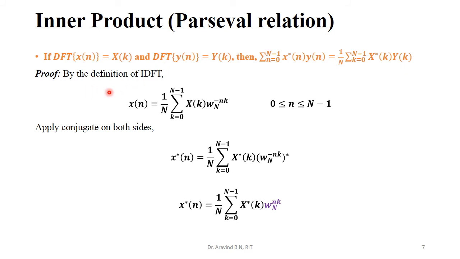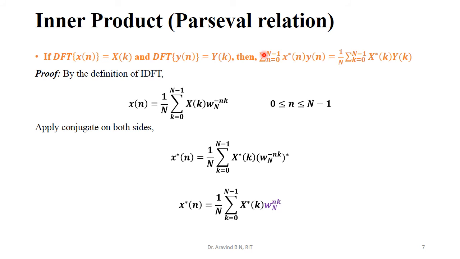So let us start with the IDFT expression. In the IDFT expression, we are going to have x of n is equal to 1 by n summation k is equal to 0 to n minus 1 X of k omega n minus nk, for all the values of n ranging from 0 to n minus 1. Now compare this IDFT expression with what we have to obtain at the end of this realization. So we are having x of n on the left hand side and this is the left hand part we are going to have.